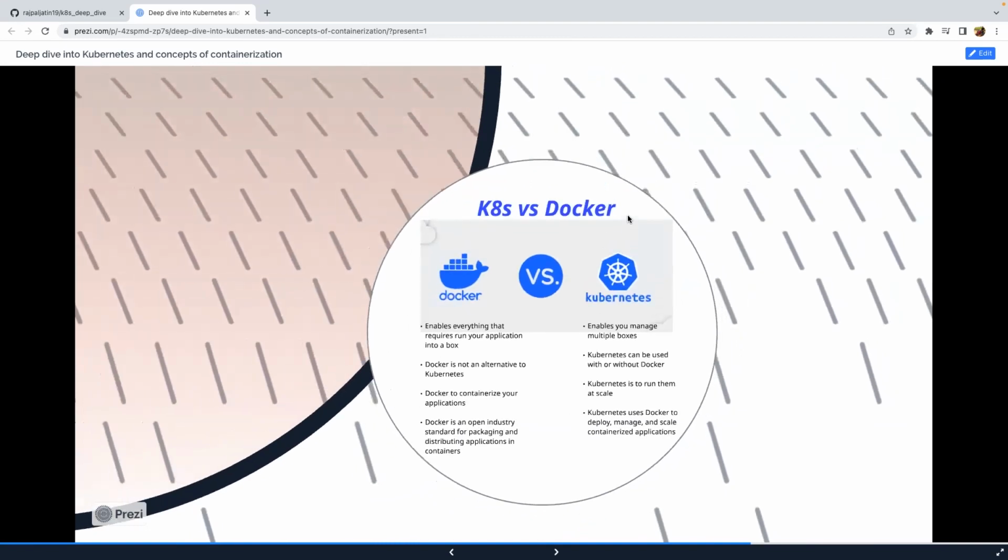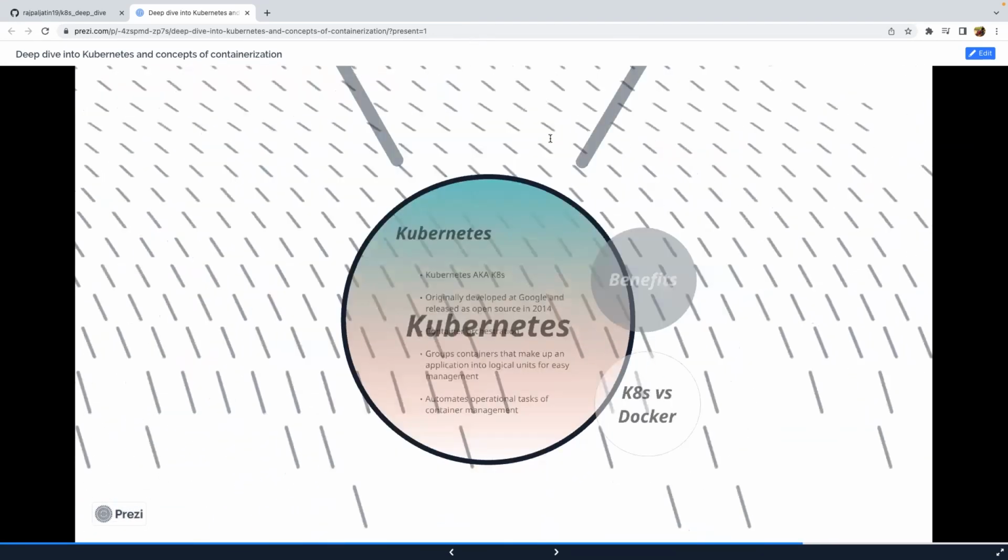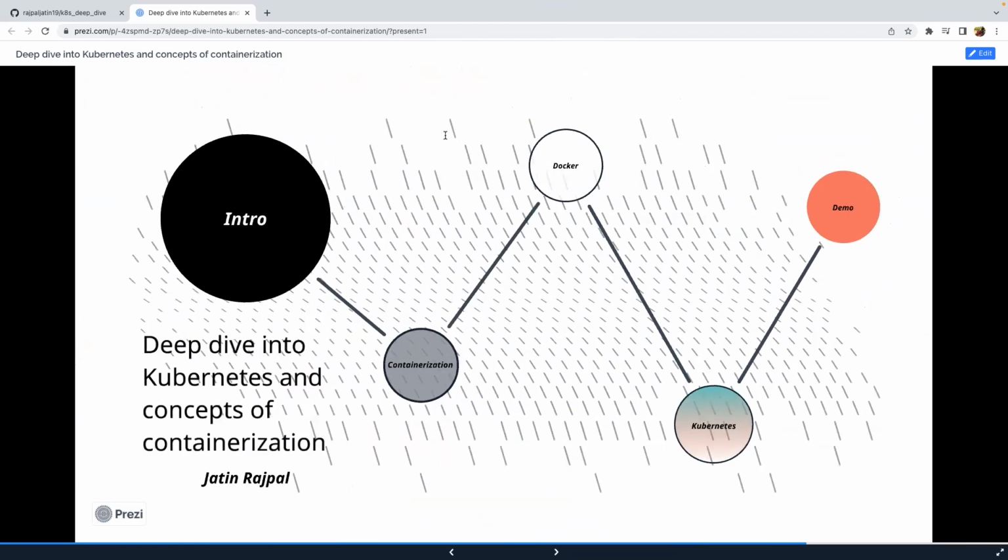That's about it from the theory part. I would again want to just wait for any questions, if you have. Is Flask also a container OS? So Flask is not a container OS. Flask is a dependent package for your application.